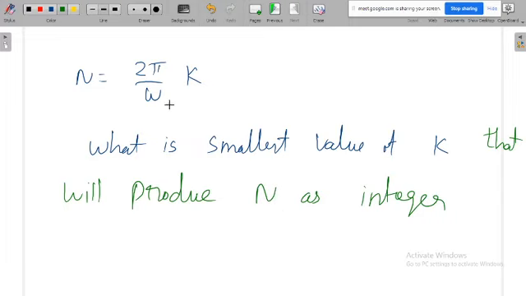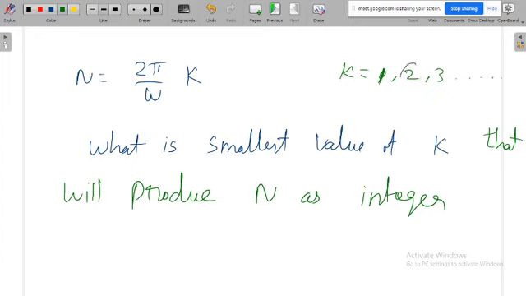You cannot put a k value randomly. k has to be an integer and n also has to be an integer. You can vary k from 0. You put 0, it is not valid. You put 1, and see whether you are getting n as an integer. If not, you put k is equal to 2 and see whether you get n as an integer. Otherwise you put 3, like that you have to go. It's like trial and error. At whichever value of k you get n as an integer, that n we will call the fundamental period, because I am telling the smallest value.